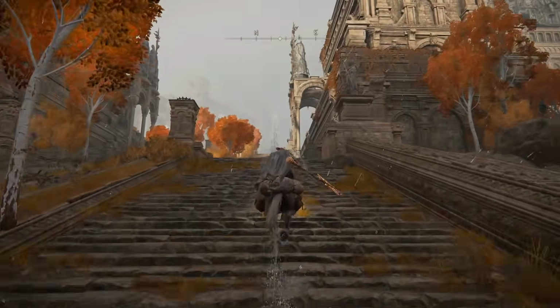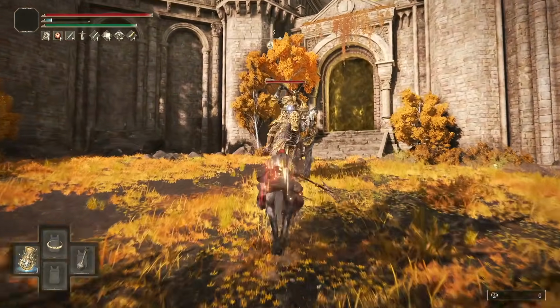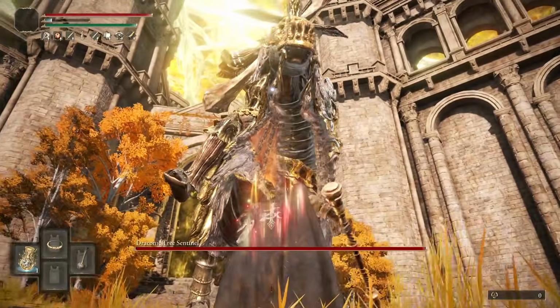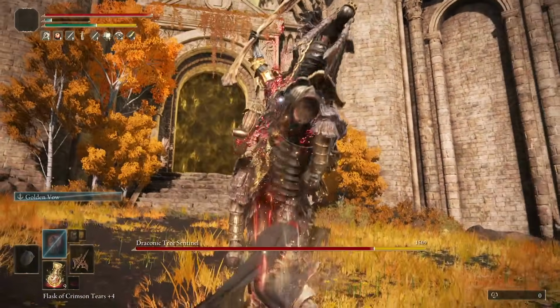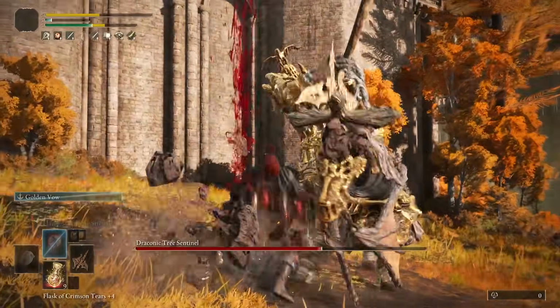Now walk to the capital outskirts and across the battlefields for Draconic Tree Sentinel. Now there's a super easy strat for this fight. Run up to him, do 2 charged R2s in a row, then...